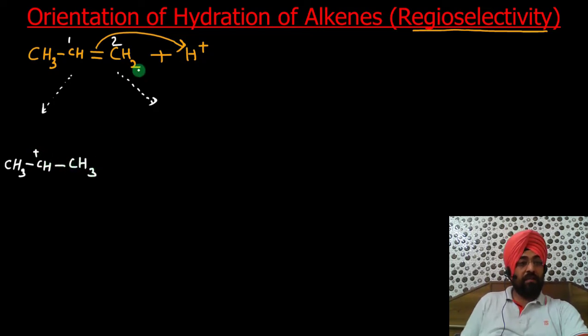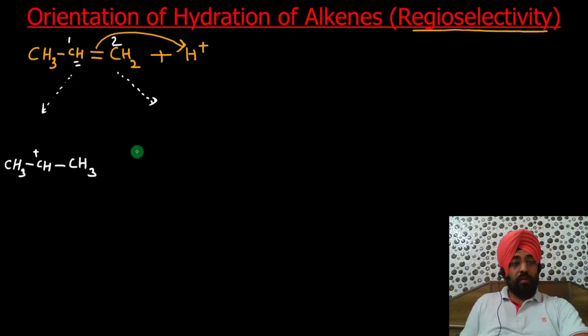One hydrogen has been added to this, so it becomes CH3. Second possibility is this hydrogen, it gets attached to carbon 1 and we get positive charge on carbon 2. So I will write this with different color. So second possibility is CH3, CH2,